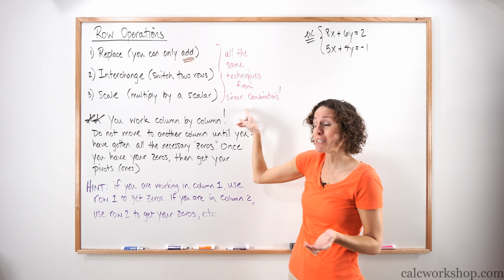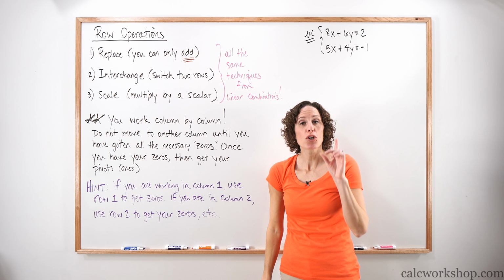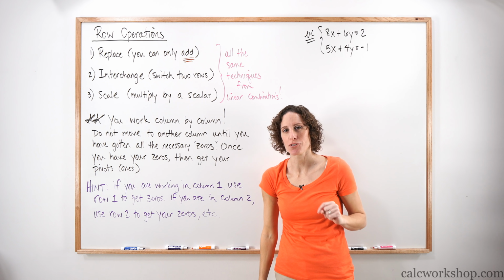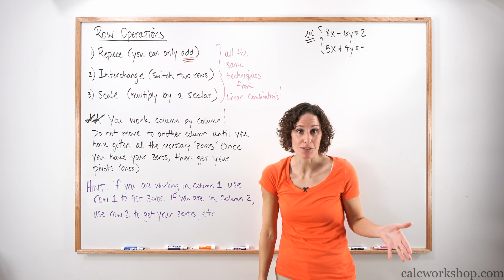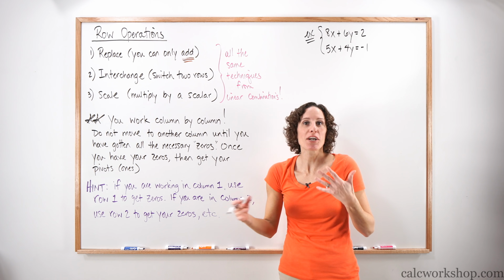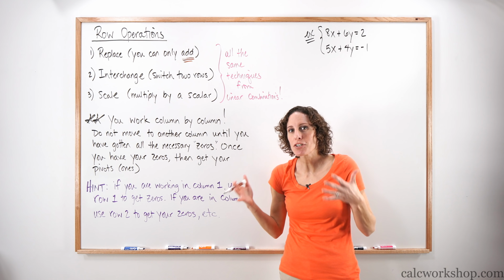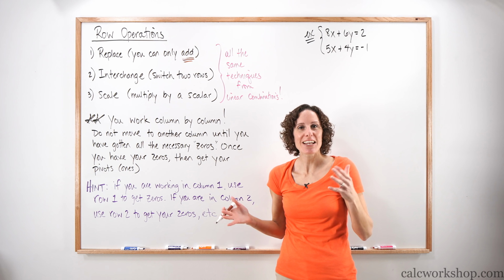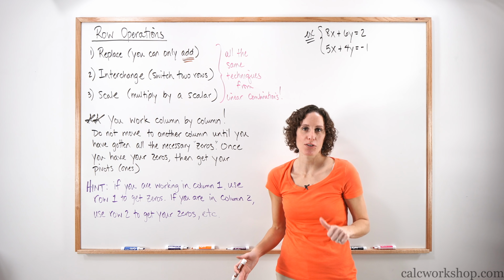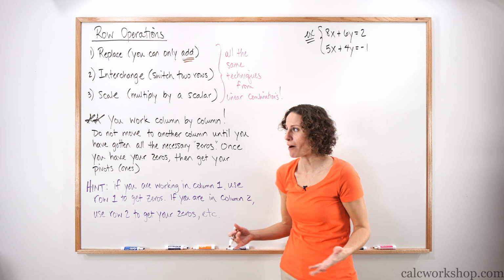These are all the same techniques that we use for linear combinations. And what's really cool is you technically know how to row reduce already. You've been doing it every time you perform linear combinations. But what we're going to see is that we're just going to write it differently. So everything you know about the linear combination method, the elimination method from Algebra 1 to solve a system, is everything you need to row reduce a matrix. We're just going to write it a little bit differently and show how to work that out.